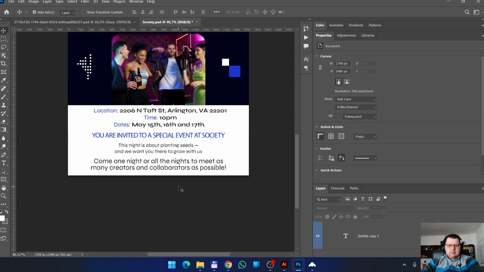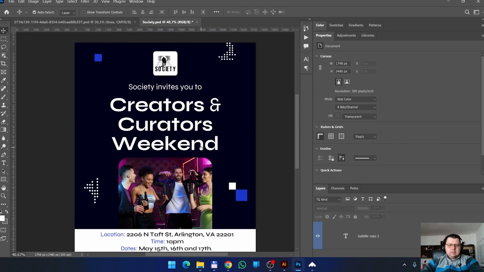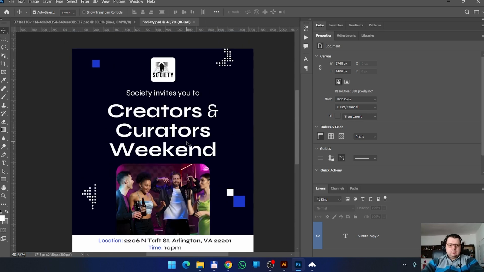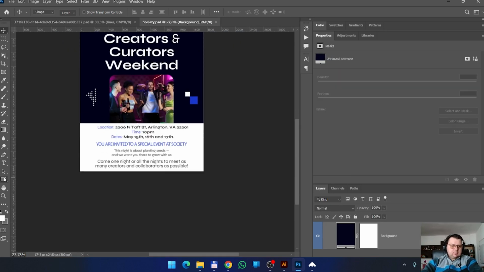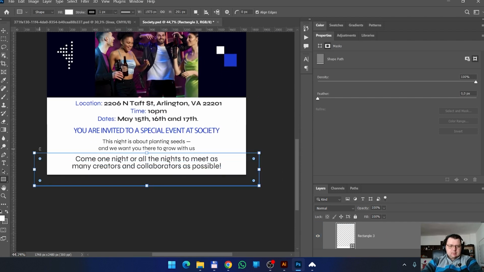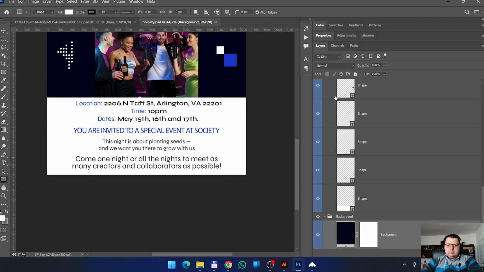If you ask me, it's a little bit too much text in the bottom part. And we'll use a rectangle here on the bottom, because it's an important text right here, not a shape path.